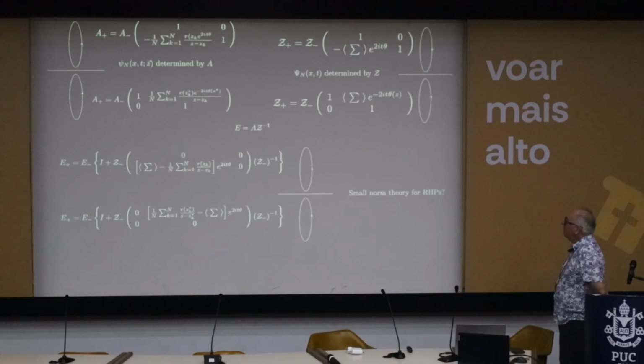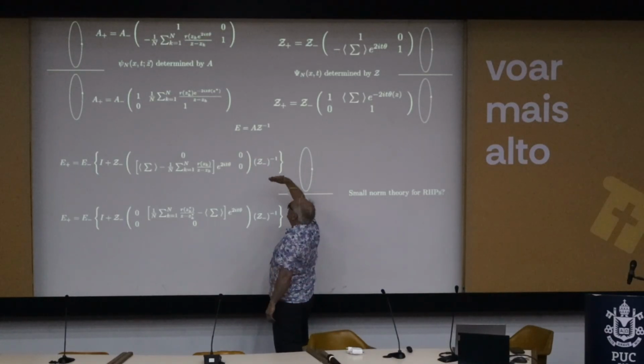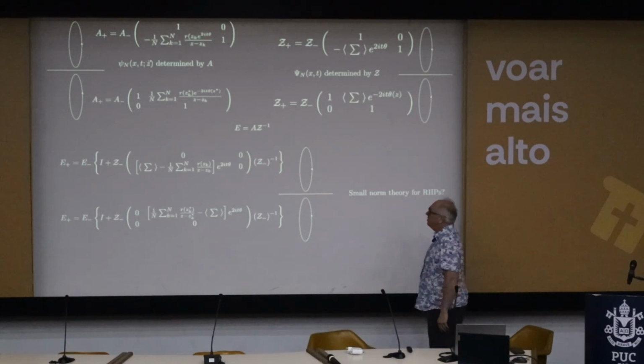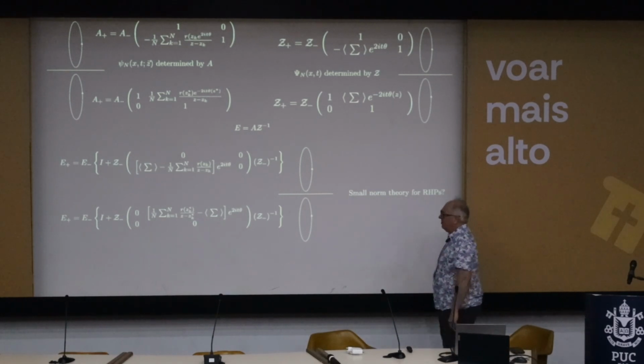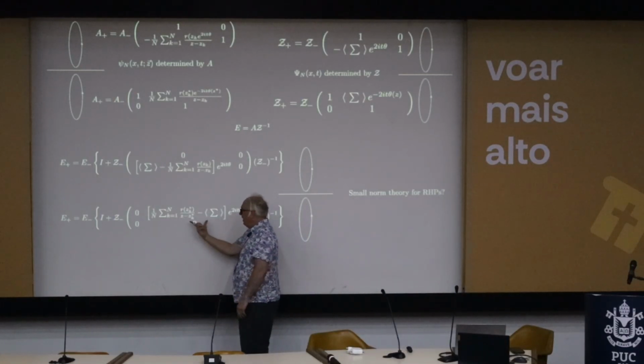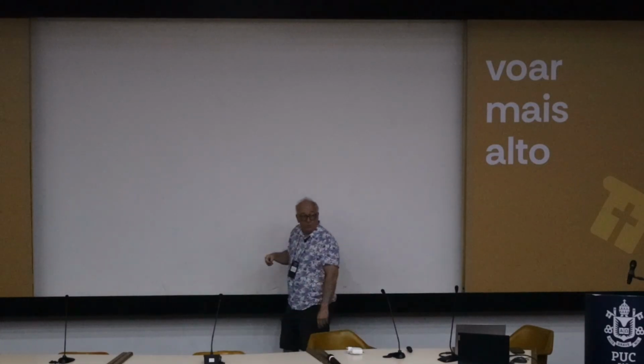So maybe one feature to tell you is there's now a canonical step 2 and canonical step 3 in Riemann-Hilbert analysis, which is to compare capital A to capital Z. And you compare the two by forming A times Z inverse, which is right here in the middle, and asking, can you describe the Riemann-Hilbert problem that this new object, the error called E, satisfies? And okay, you can just step back and stare at this and say, oh, what appears in the middle of this Riemann-Hilbert problem is the difference between the random linear statistic and its average. That's nice. As long as this minus this is small, we probably can invoke a small norm theory.